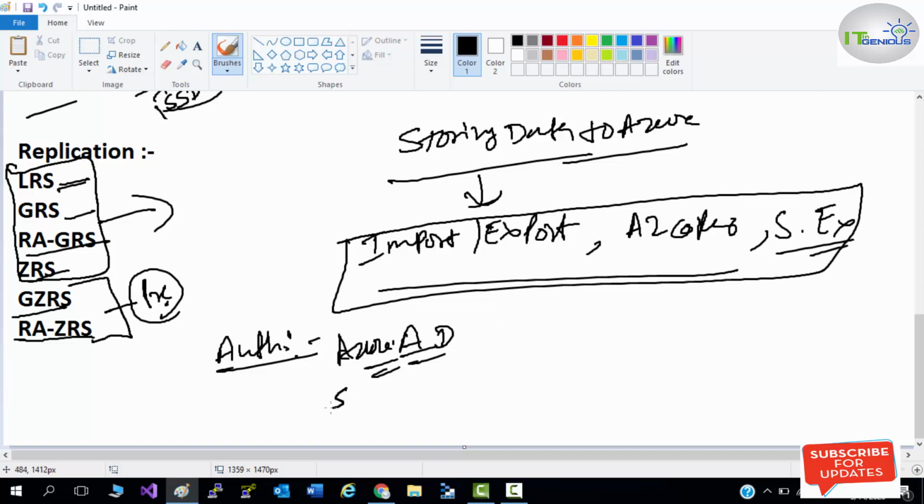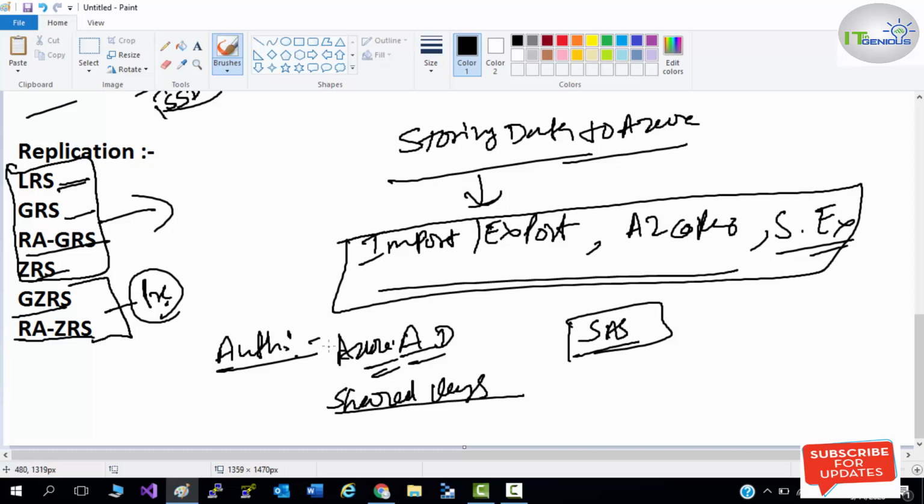You can also use shared keys. Through shared keys you can connect your storage account to your application using these access keys, so that it can access your storage account. Or you can use SAS, shared access signature.